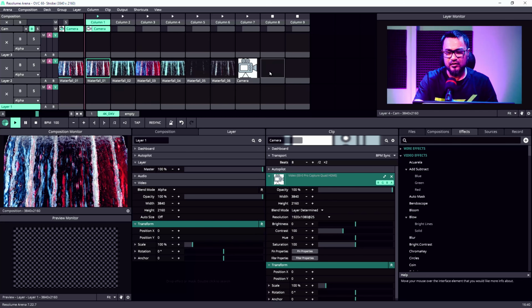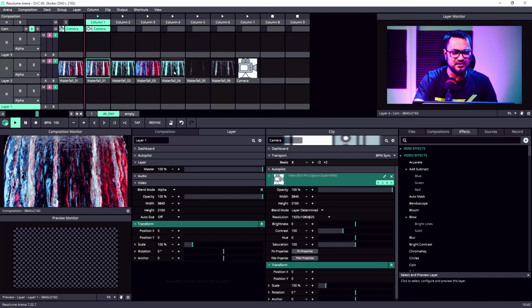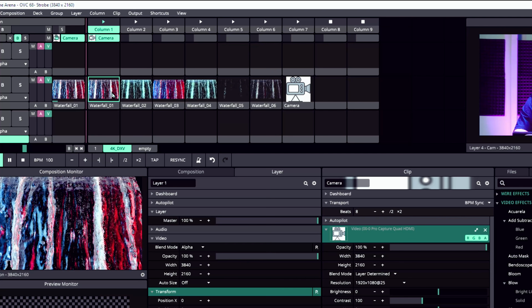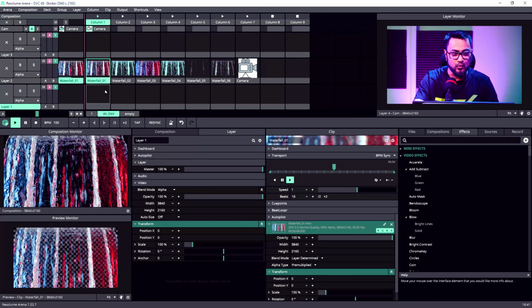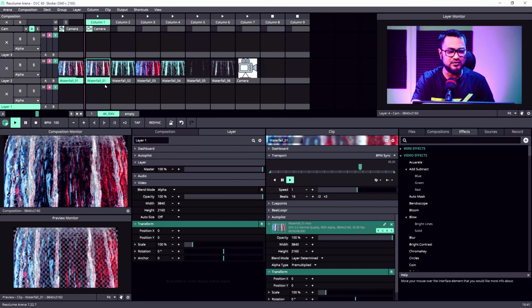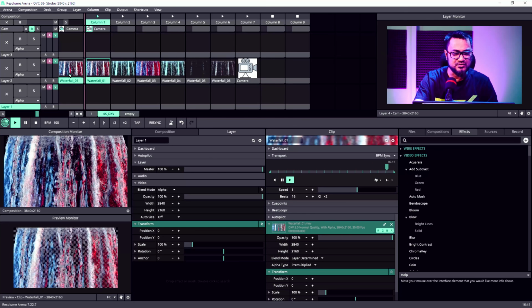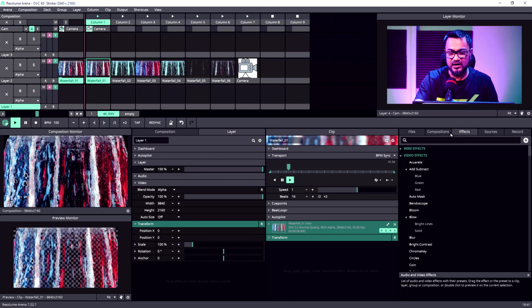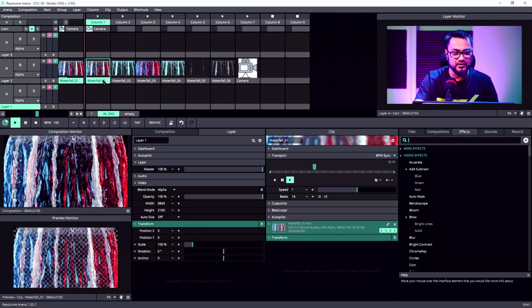Let's say we have our VJ set all prepared here, but here I'm just having 5 or 6 footages. These are actually called Waterfall by Unit 44. I'm going to leave a link in the description. By the way, this is my camera. So we could go and type strobe here, but we can do it even faster.